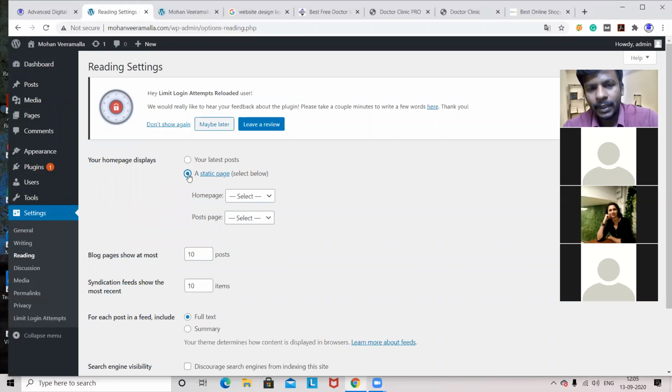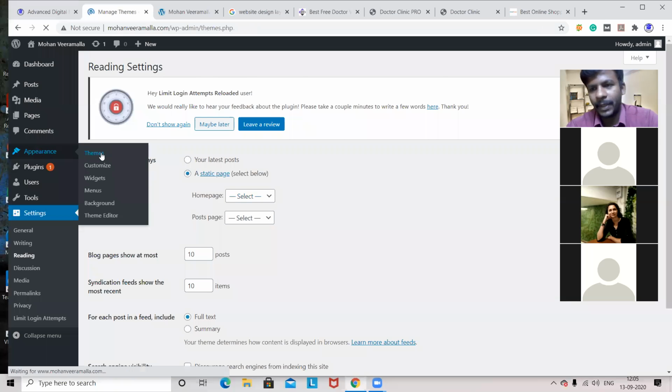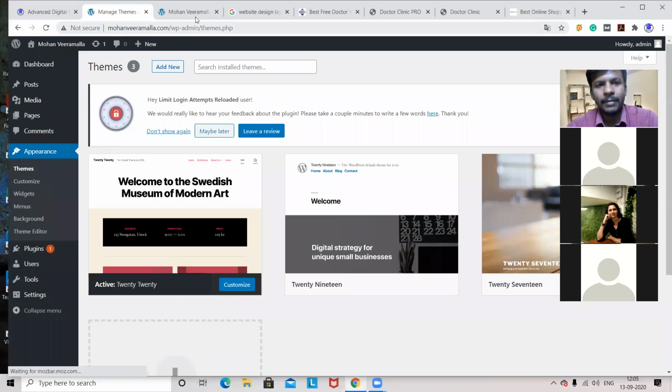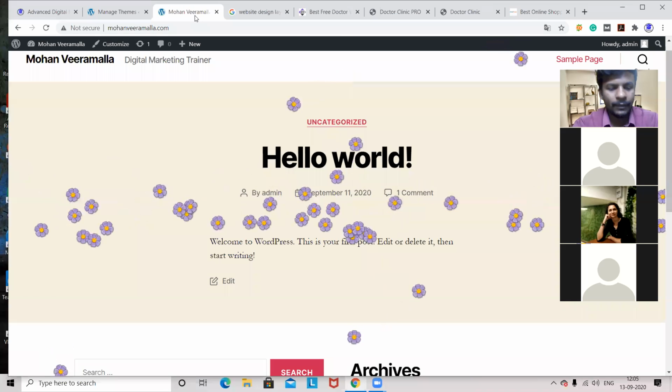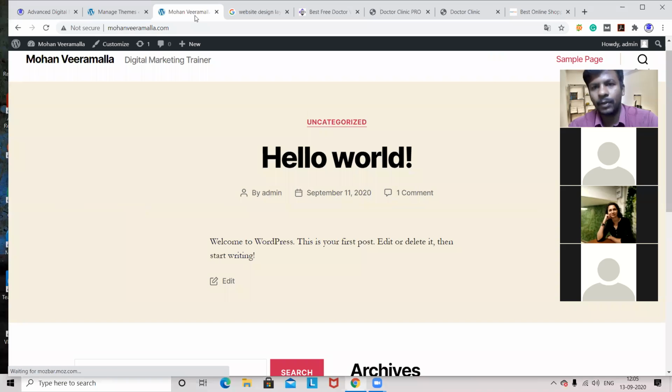But we have not selected a real theme, so we don't have any pages here. So we can't do this. This is a drawback. So what should I do next? The next option, appearance and themes. As of now, I have a basic theme in the front end. I don't want this theme.